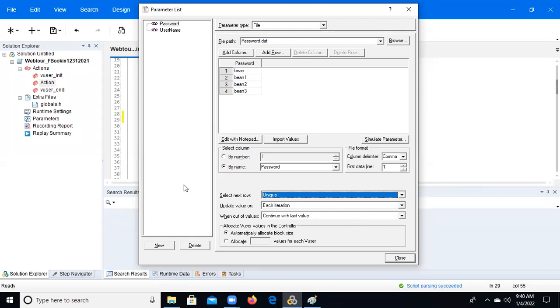Unique stands for every user picking the first unused data point.